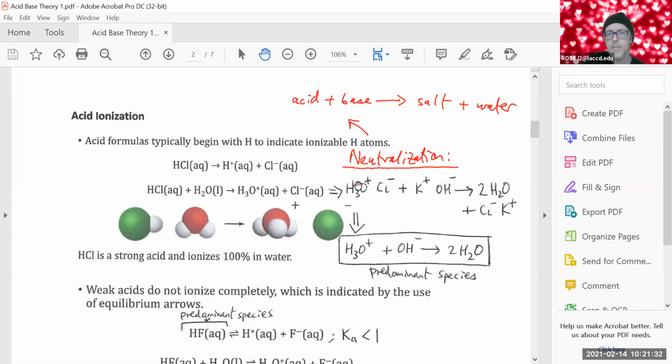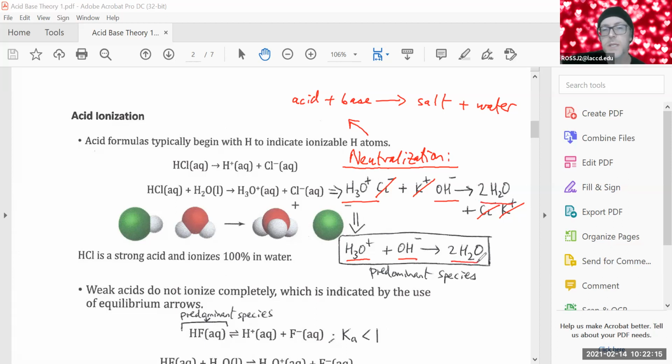We would get water because the hydronium is going to unite with the hydroxide to give us 2 molecules of water. And then the K is going to unite with the Cl, but that's just a strong electrolyte anyway, so it will remain as its free ions. Because it remains as free ions, the Cl minus and the K plus will cancel on both sides. So maybe we can do that. The Cl minus and the K plus will cancel as spectators on both sides. And we're left with just hydronium and hydroxide, which are over here, and 2 lots of water on the right